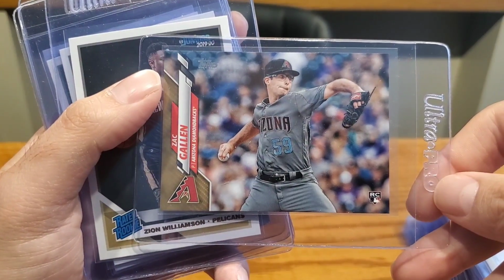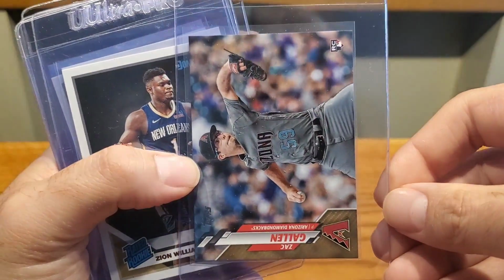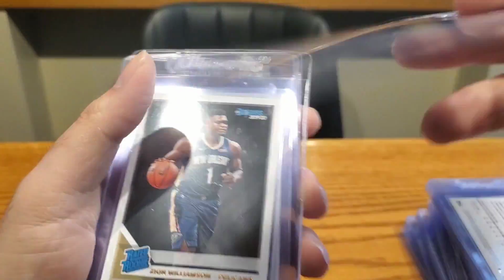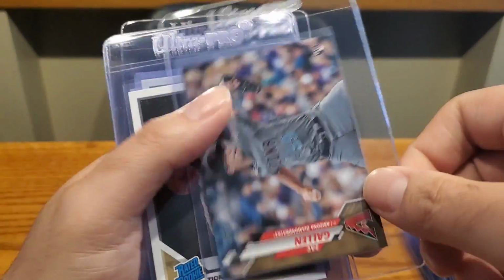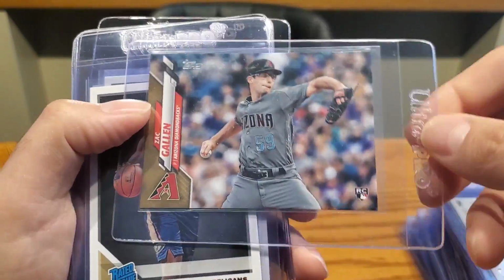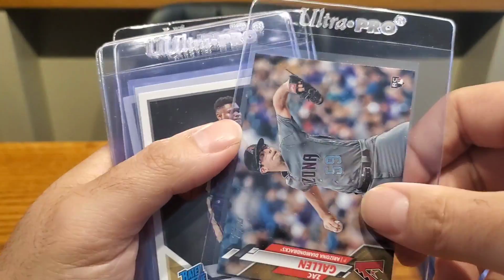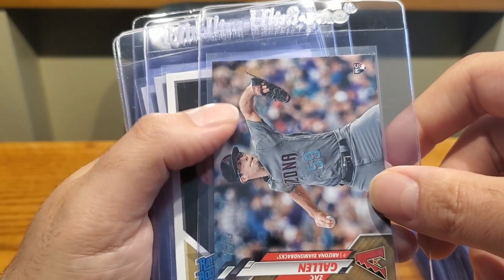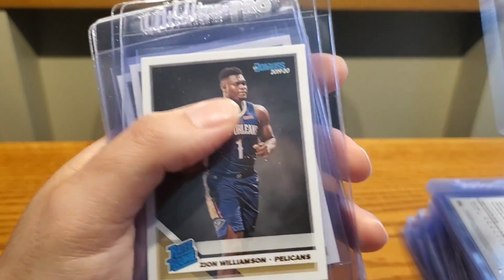Zach Gallen, really cheap ComC pickup. I figured, maybe the guy that uploaded this doesn't really know who he is, so maybe it hasn't been picked over for grading. I think I got pretty lucky. 1 for 1 on the ComC purchase, because I only picked up one of these Gallens. I think it was like $6 or $7. I think a stat came out recently where he's had like 16 or 17 starts in a row with 3 earned runs allowed or less,